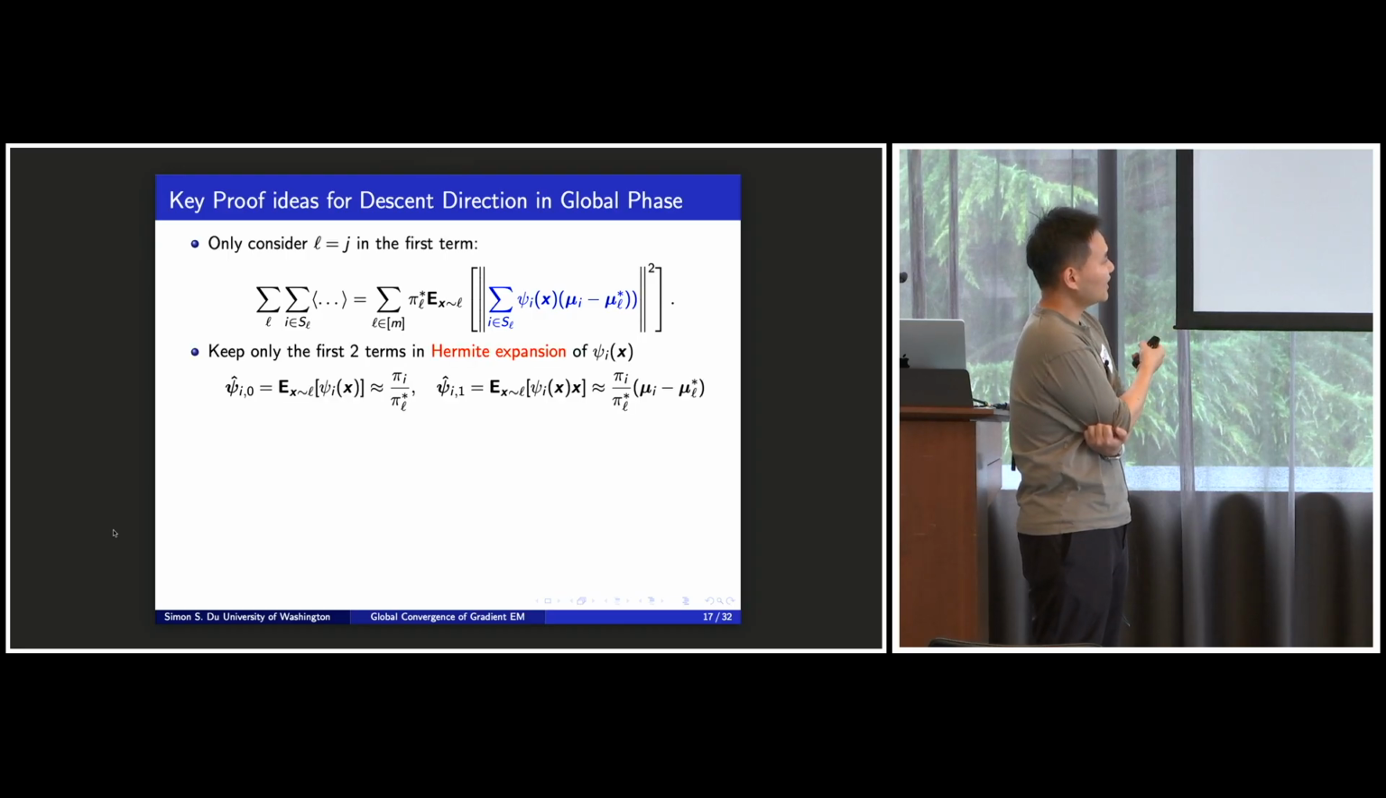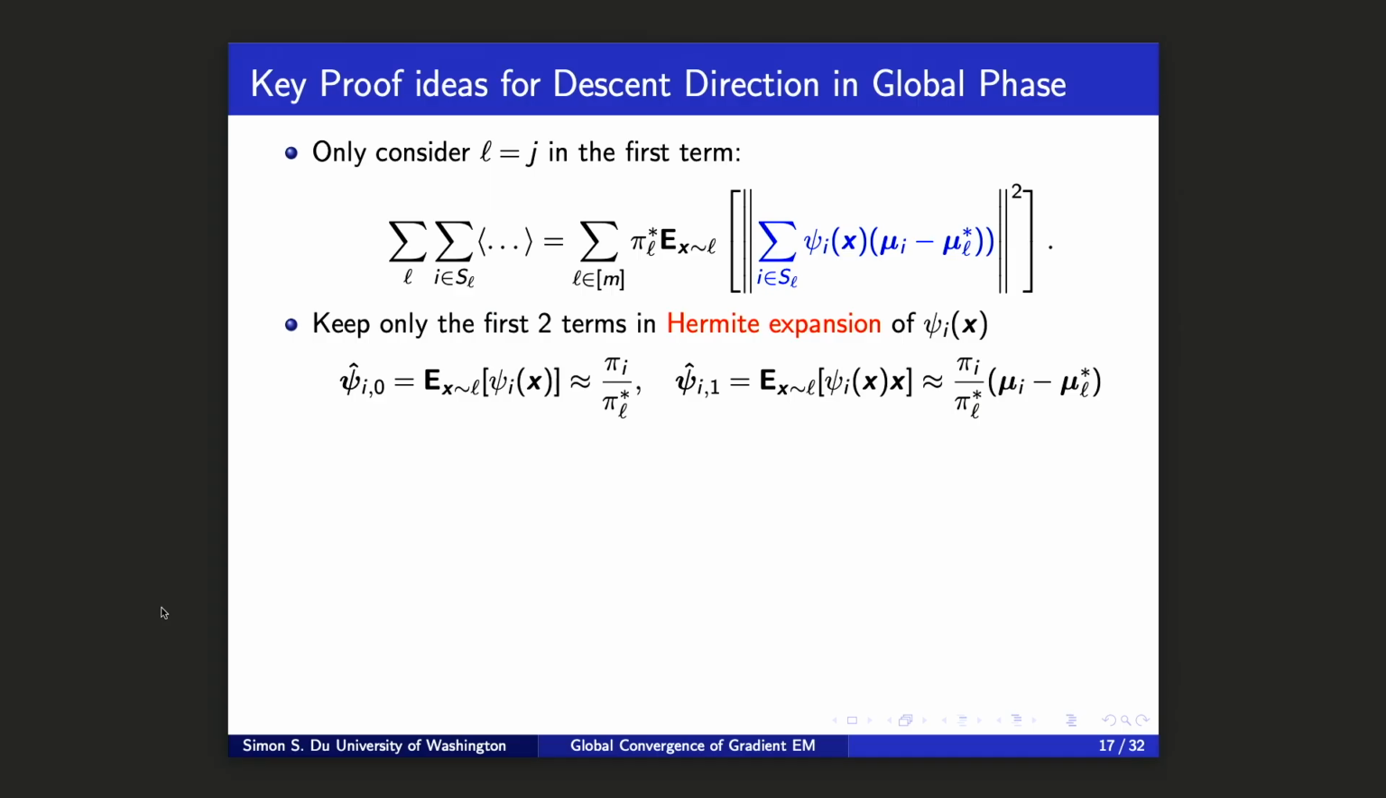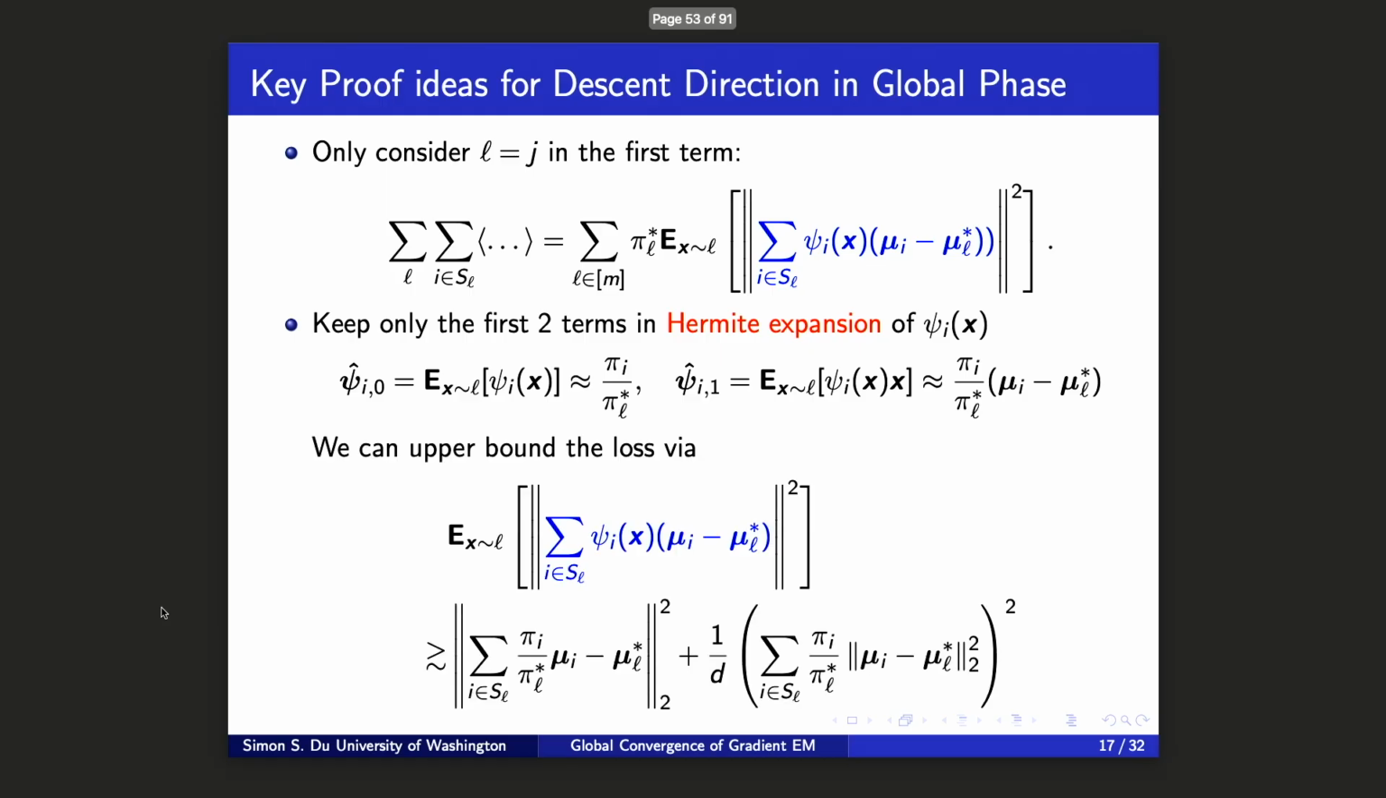Okay, so I think the main takeaway from our analysis is that if you use the first two terms in the Hermite polynomial expansion, you end up with these two terms to expand this term. Then you can have this inequality, and you can use it to upper bound the loss. I know it's a bit technical, but the main takeaway is that you can ignore those cross terms